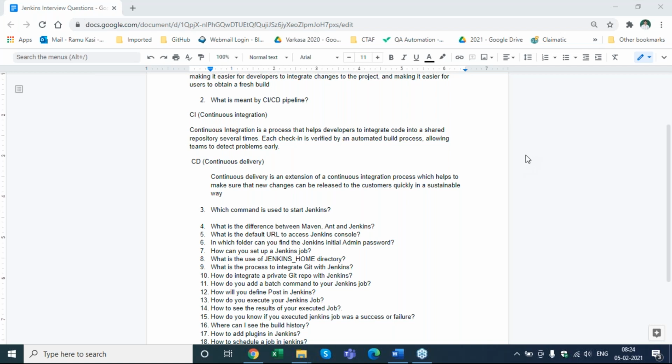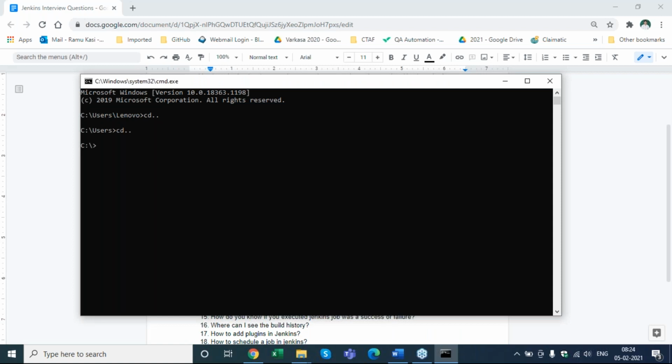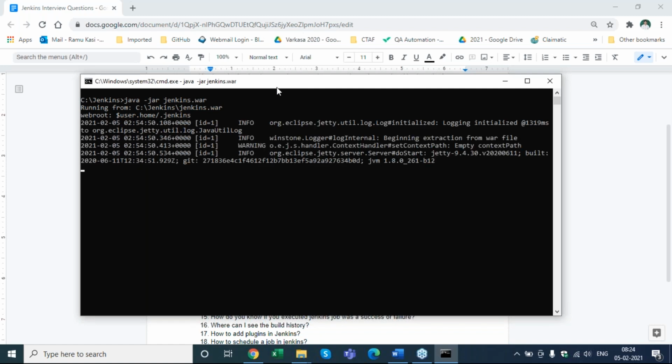Go to the particular Jenkins path and type java -jar Jenkins.war, if we have the Jenkins war file. Exactly. Yeah. Thanks, Rishikesh. So this is a code, team. I've gone to my folder where I have my Jenkins, and I write this command: java -jar Jenkins.war. So okay, and once I hit enter, Jenkins should be triggered.